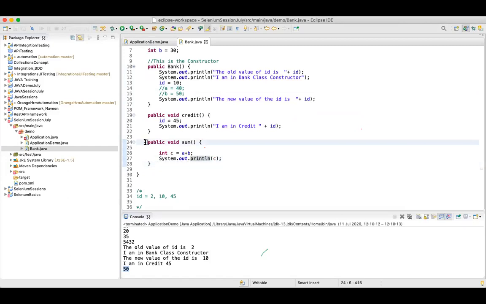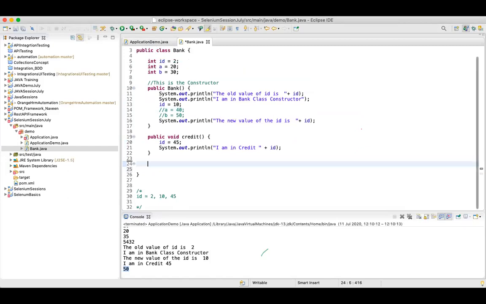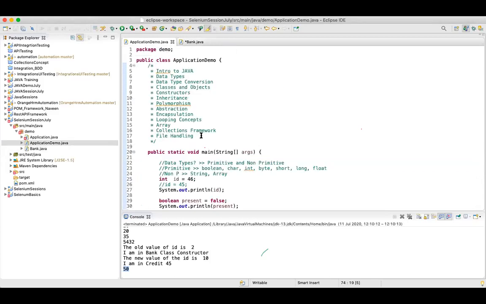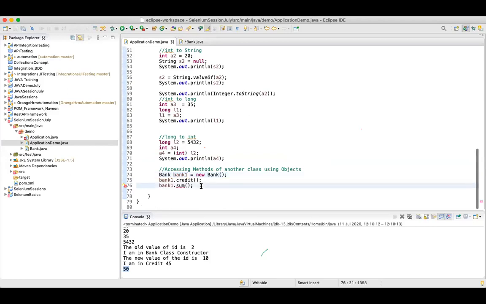Let's say I want to add two numbers. I'll write integer num1, my variable, equal to 10, and then integer num2 is equal to 30.